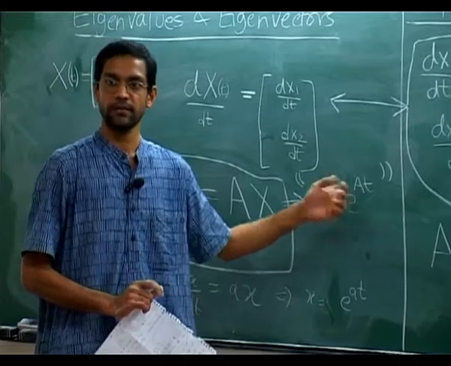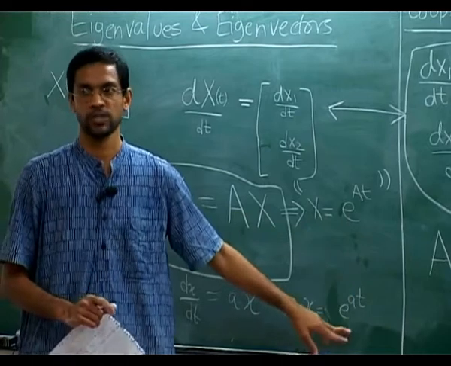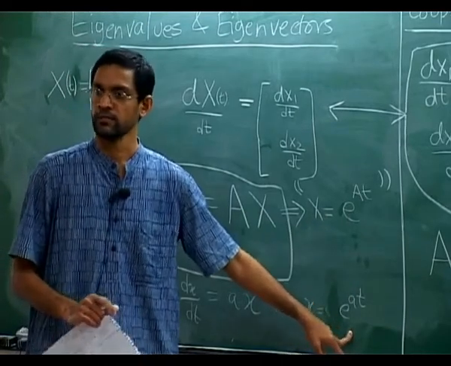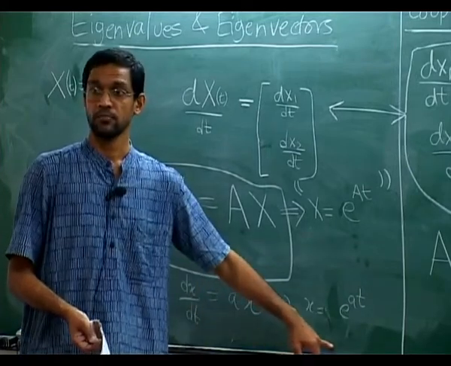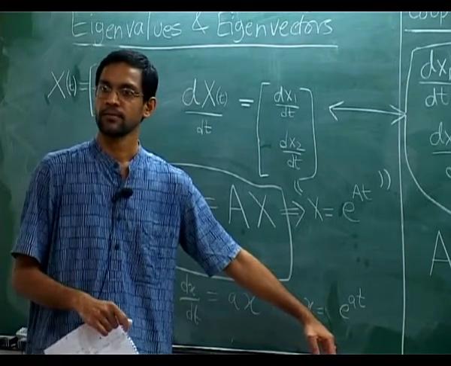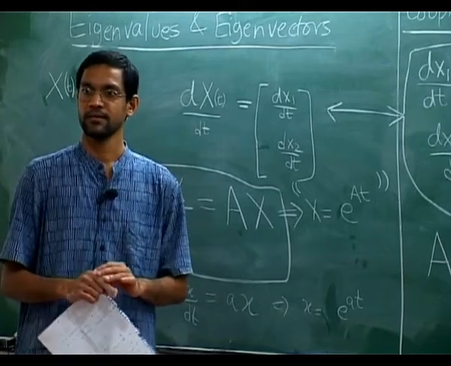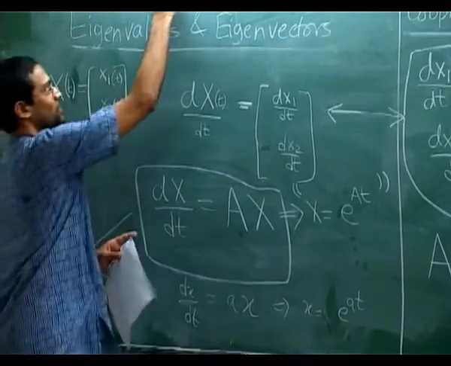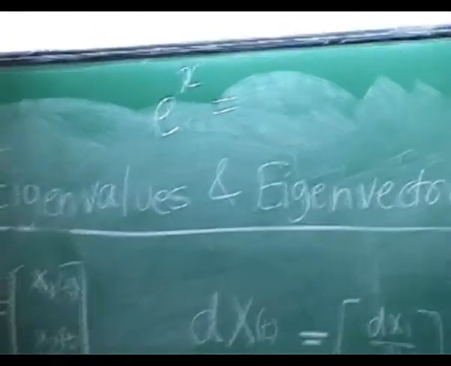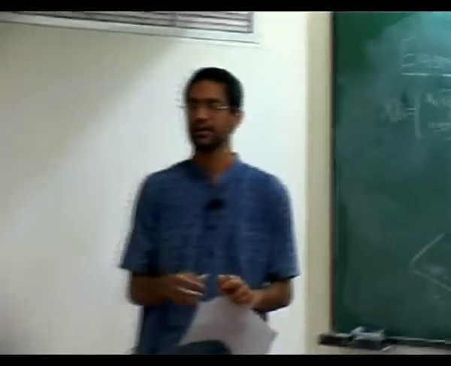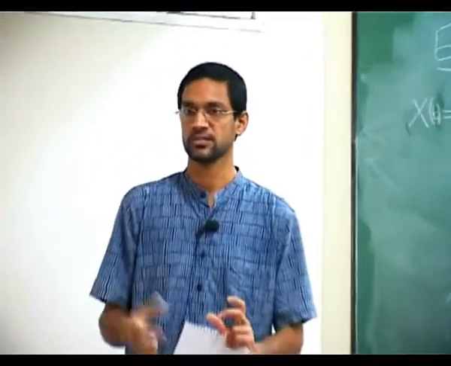Now just one last thing I'll say about exponentiating matrices. How would one possibly define such an object? How can you define the exponential of a matrix? We understand exponential of a number, right? Or do we? What is exponential of x, or what is exponential of t? How is it defined? It's actually not such a simple question as it looks initially. Even just e to the x is not such a trivial thing. You need to get one's head around this idea. What is e to the x really?